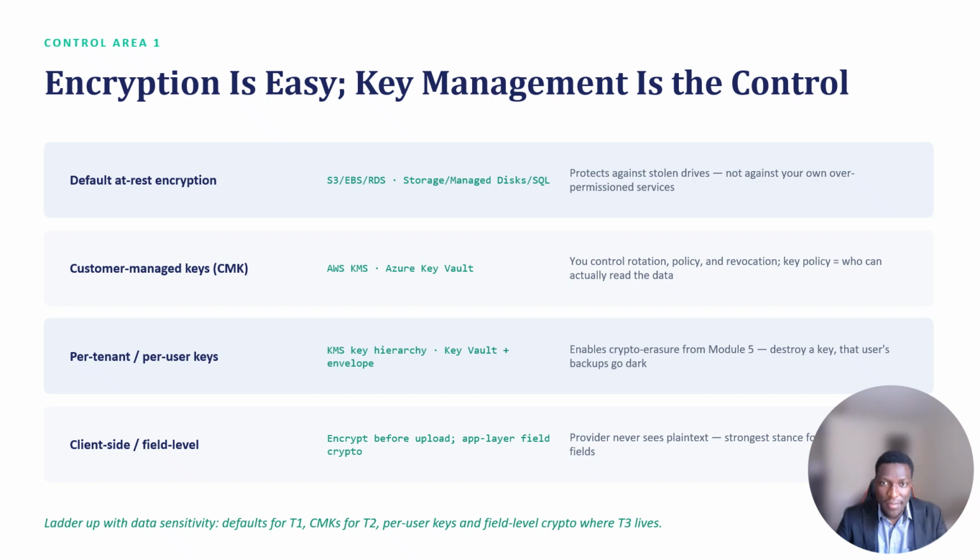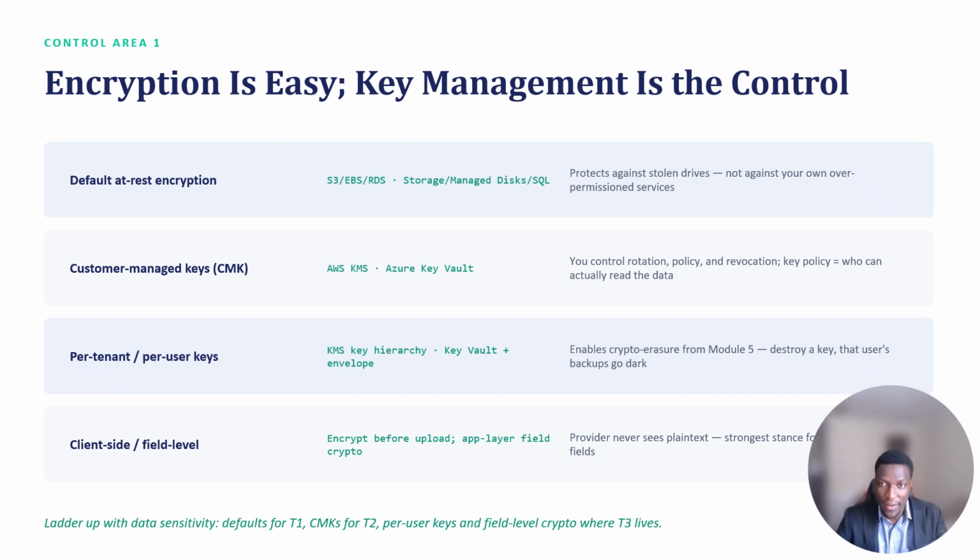Next you have per-tenant or per-user keys. This unlocks the crypto-erasure pattern which we discussed in module 5. The concept here is that once you destroy one key, the user's data, including backups,